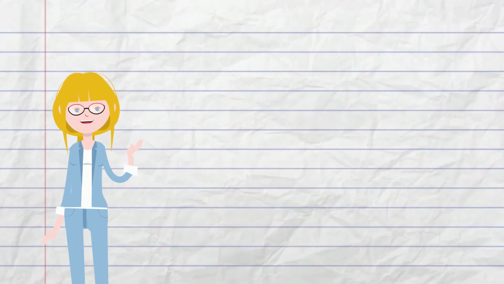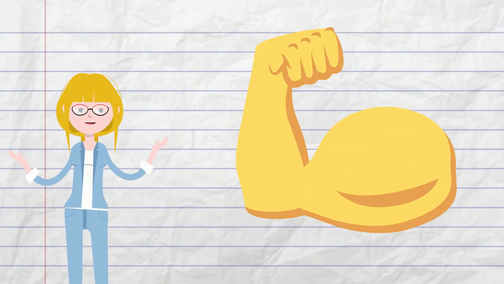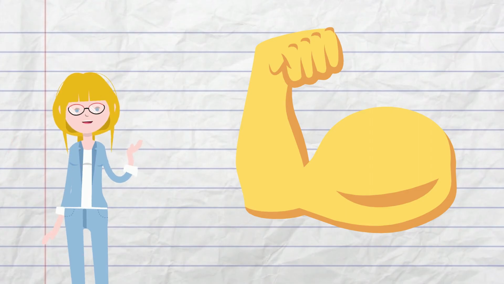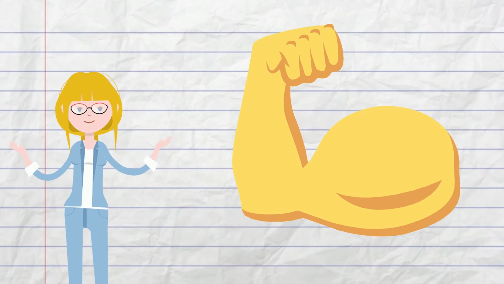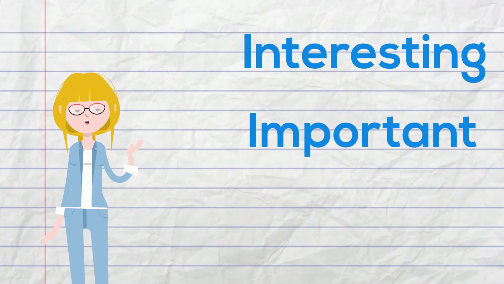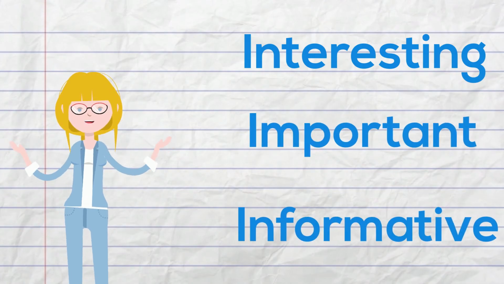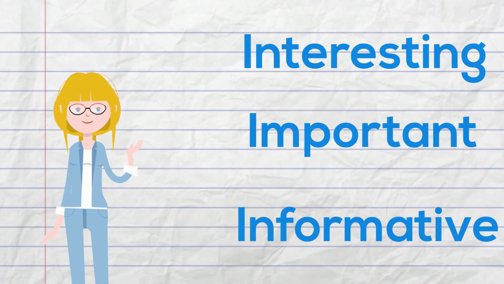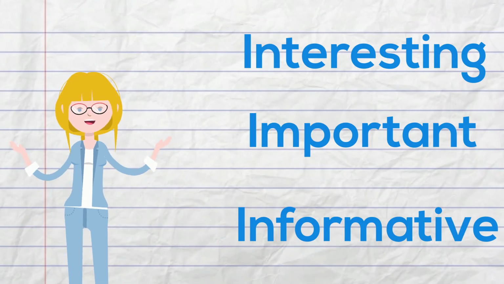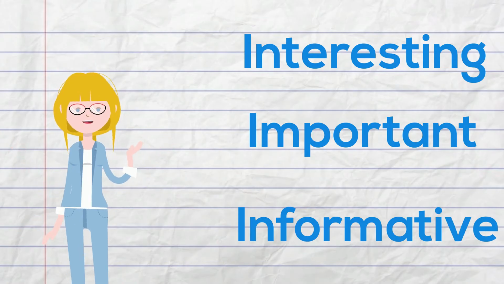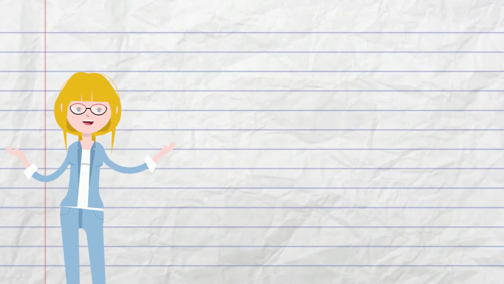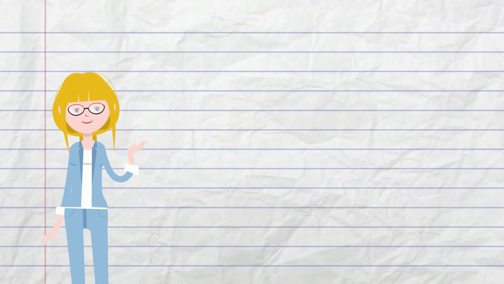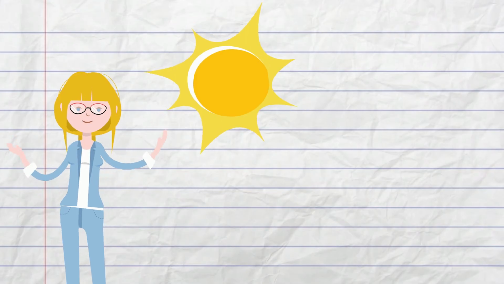When you have strong ideas, your message will be clear. Therefore, you need to choose ideas that are interesting, important, and informative. Think about the kinds of details that most people would not normally anticipate or predict. Don't just tell readers things they already know, like the sun was shining in the blue sky and the clouds